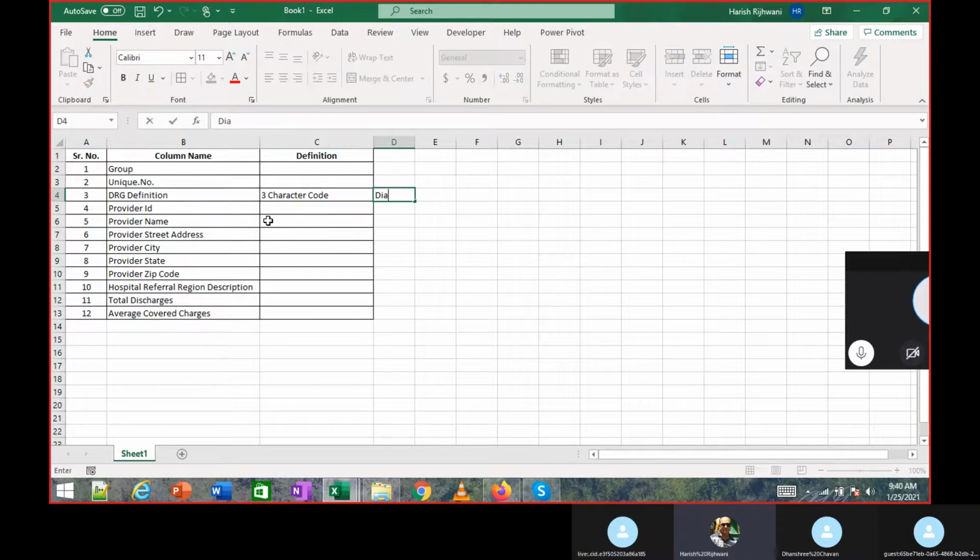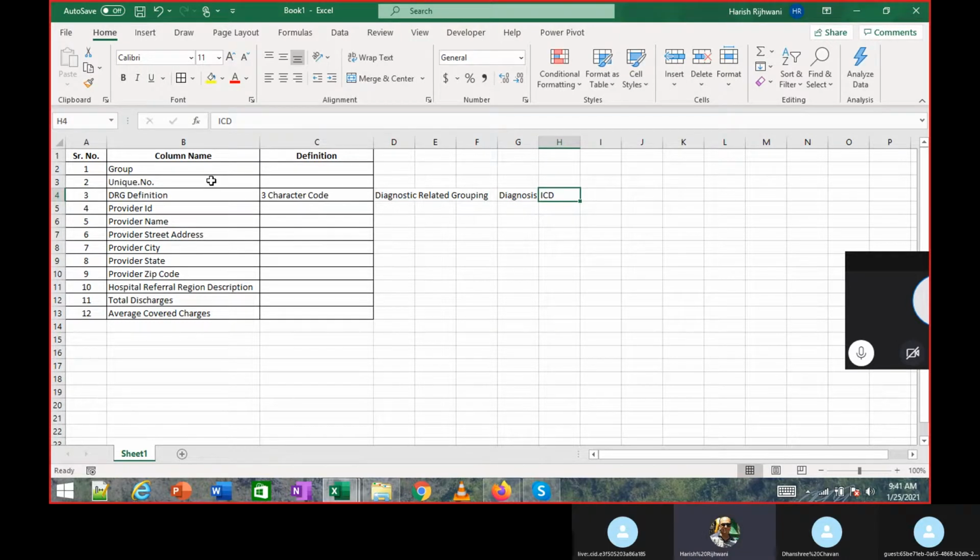The full form is diagnostic related grouping. In healthcare, you have quite a lot of codes. You have diagnosis codes, which are known as ICD, International Classification of Diseases.